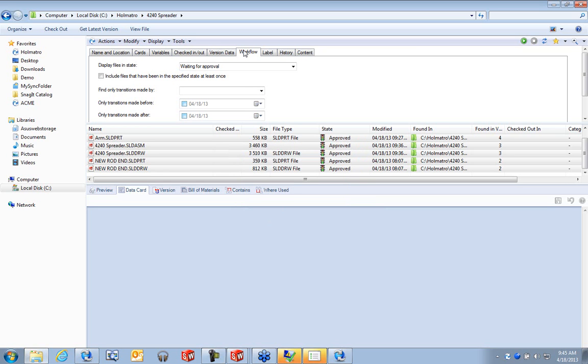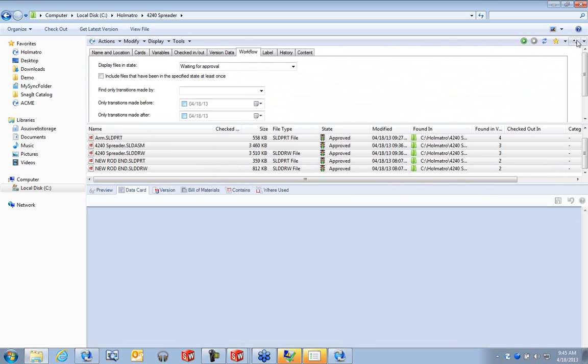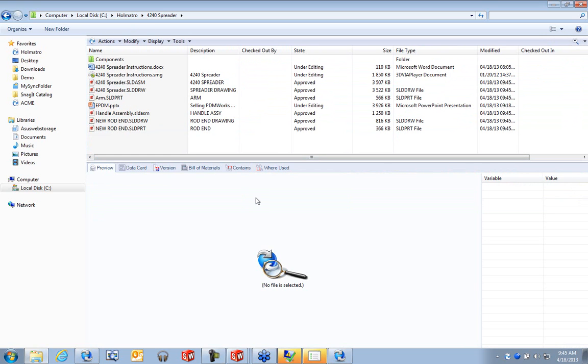Okay, so these are approved, and to get back into Windows Explorer, the Enterprise Vault view is just toggling the search. Okay, so I'm going to go back to SolidWorks here